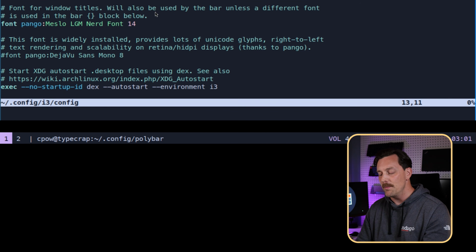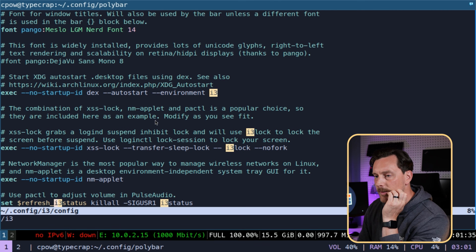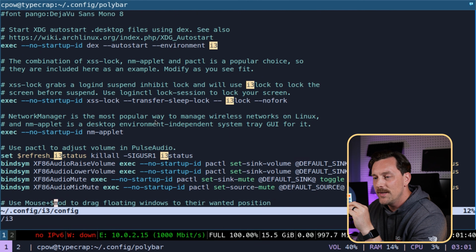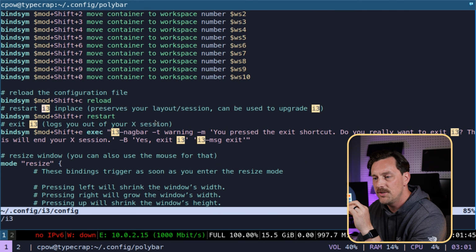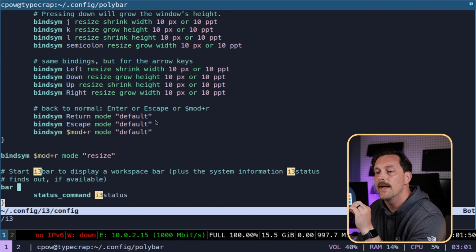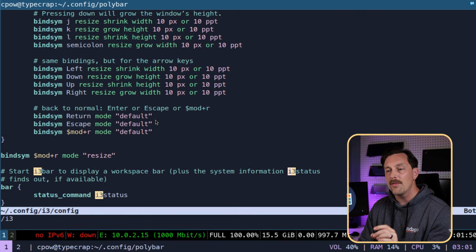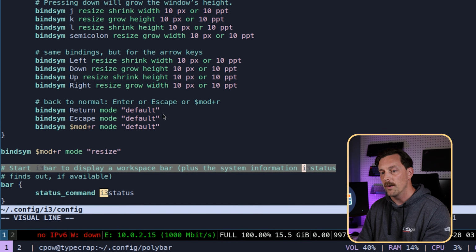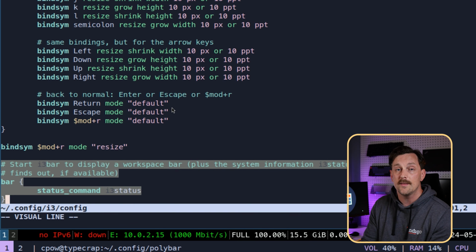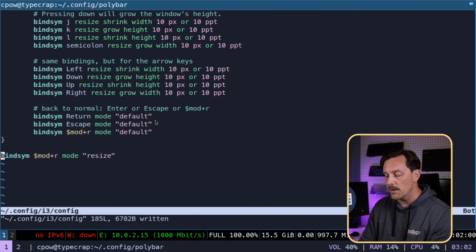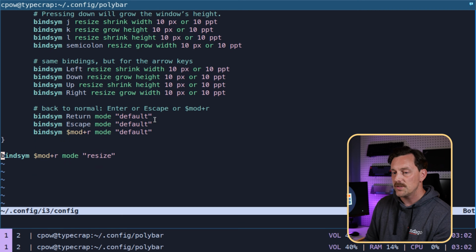So how do we get rid of this other bar here? We don't want this crappy bar. Well, to be honest, I actually kind of forget what it's called, but let me just look for it really quick. It's, I believe, the i3 status bar, but let me just look really quick. And yes, right here, we see it mentions start i3 bar to display a workspace bar. We can just comment out or delete this section, and we save our configuration, hit refresh, and sure enough, now